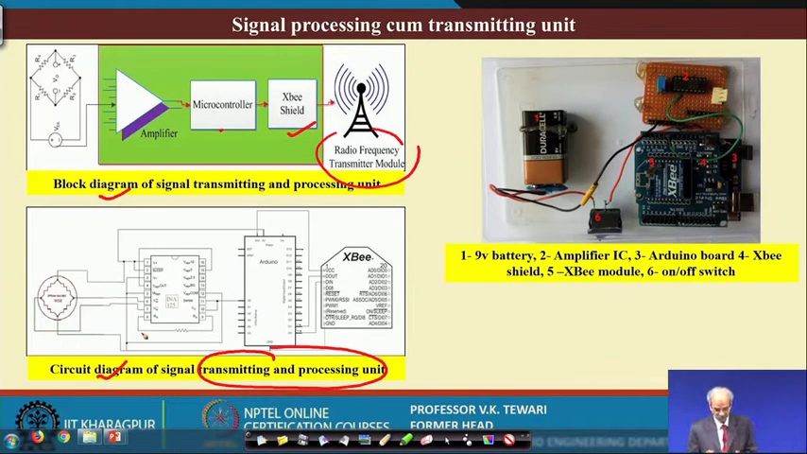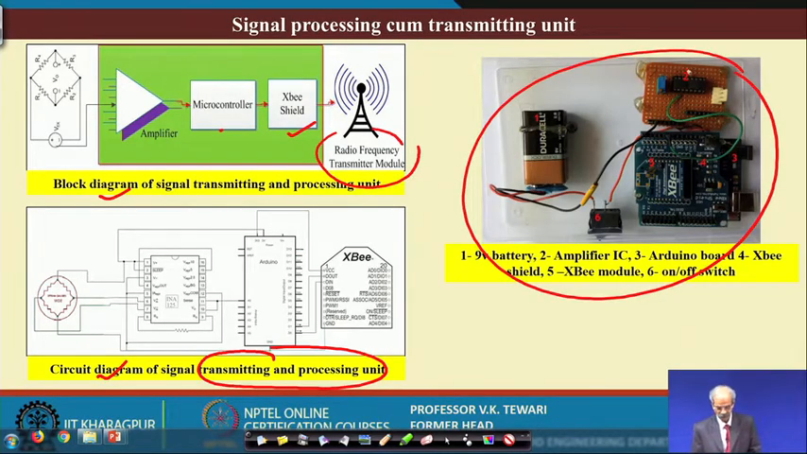Now, these are the details of the actual ones. You can see how they look here. There is a battery here, 2 is the amplifier, 3 the Arduino board, 4 is the XB shield, 5 is the XB module, 6 is the on and off switch. So, these details are all given over here, the actual ones which were used in the system. So, once you know the processing cum transmitting unit over here, similar information you will get for